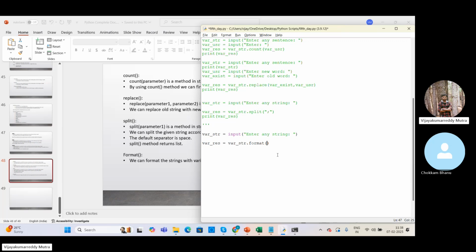Once again, this format does not work like this. We'll directly use the print statement without storing in that one. I don't want this one as well. Okay, let it be. Where str2 equals to